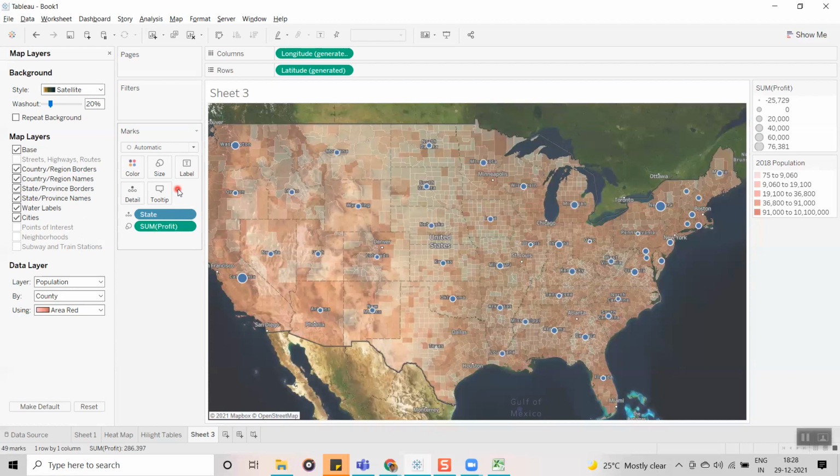So you have to focus on colors, size, labels, and the background color you are using, and also concentrate on the data quality as well. So this is how we can use map layers, backgrounds, and everything, guys.